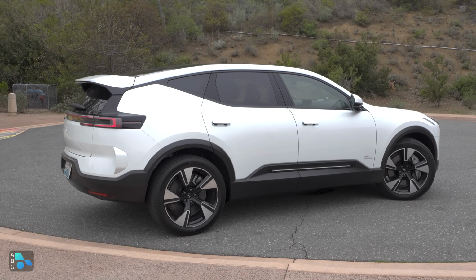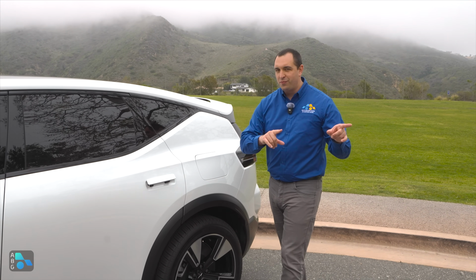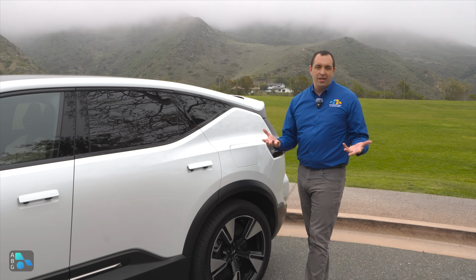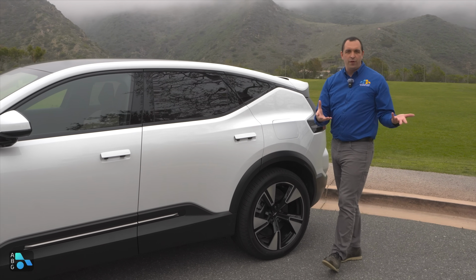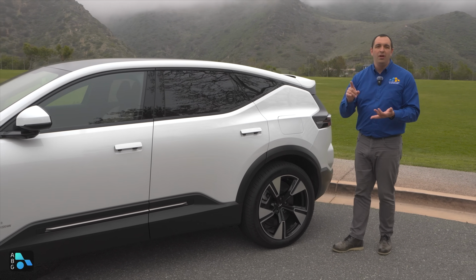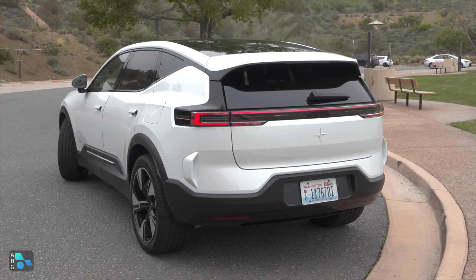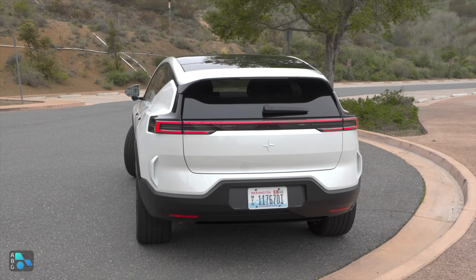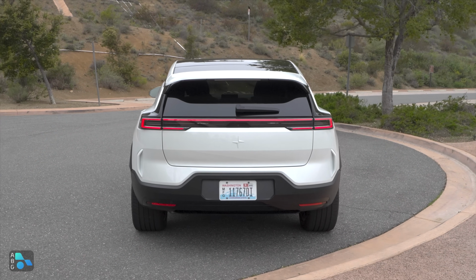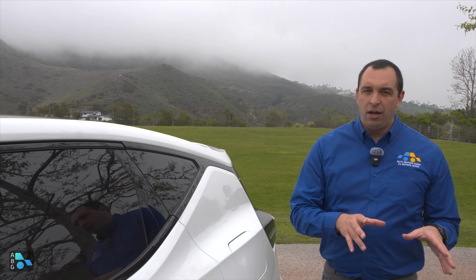So to be fair, Nick and I, neither of us have children, so worrying about the car seats is more of Alex's forte, but for us, we have to make sure that if we have a vehicle of X size, it's got to be X function. And so we do have enough room here for people and objects. Even though we do have a sportier design back here where everything slopes down, it's not too drastic. There are quite a few SUVs where you lose a lot of capacity back here, but this isn't going to be one of them. We'll dive into numbers a little bit further, a little bit later,